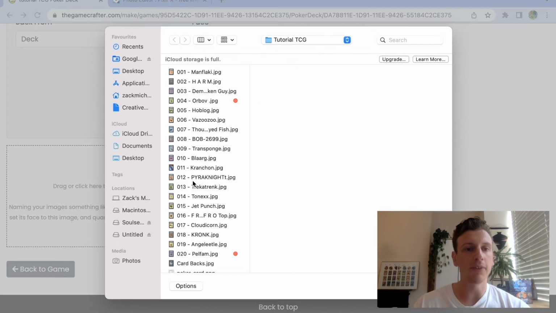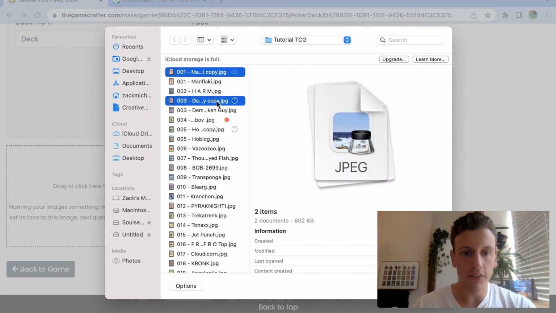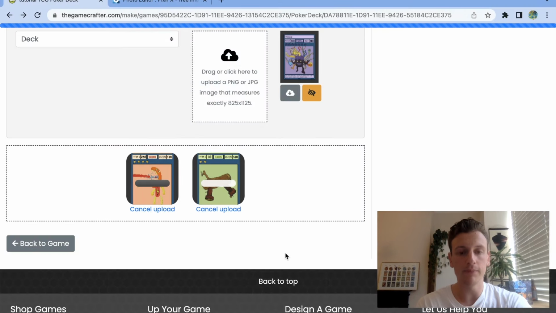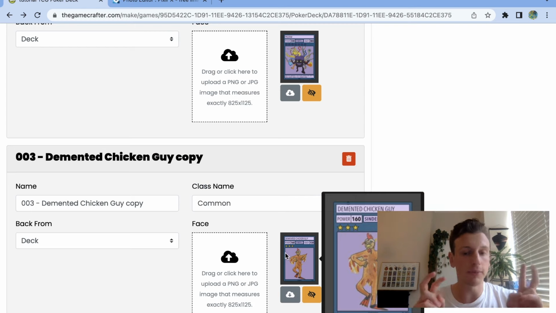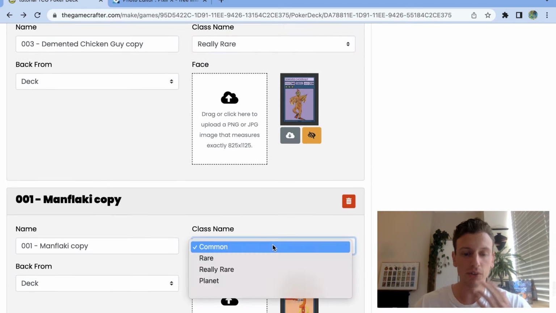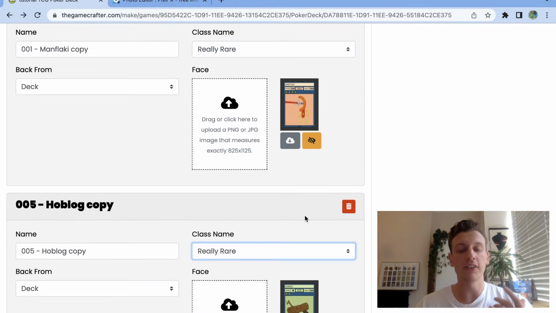We're going to go ahead and upload those 3 duplicates. So 1, 2, 3. Put them into our game. And now although these are common cards, we're going to set the class of those to really rares. So that although they're common, because there are 3 really rares and 3 commons in the ridiculously rare slot, there's now a 50-50 chance of